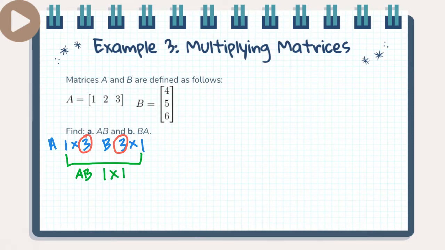So all we need to do is draw our matrix, and we need to do row by column multiplication. So 1 corresponds with 4, so we're going to have 1 times 4 plus 2 corresponds with 5, 2 times 5,